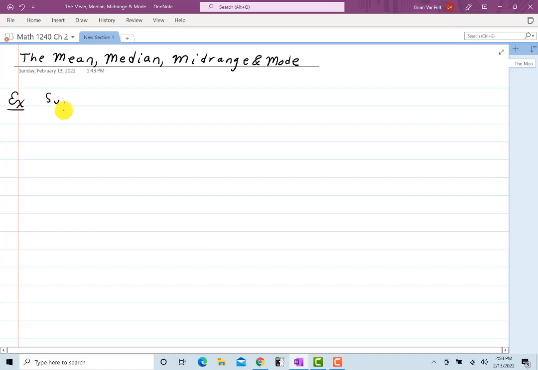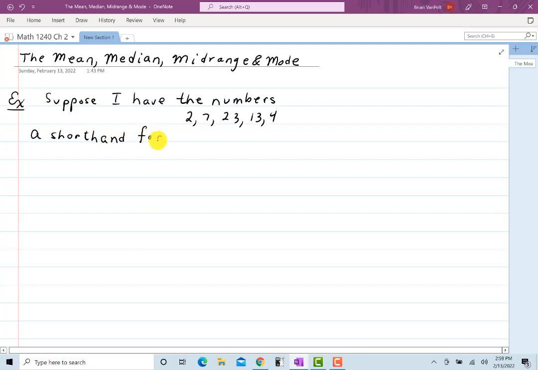So suppose I have the numbers 2, 7, 23, 13, and 4. If I want to add up all those numbers, I can use a shorthand. So a shorthand for the sum of those numbers